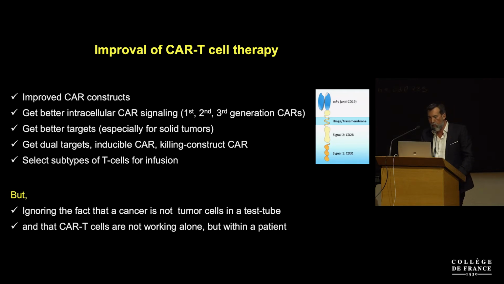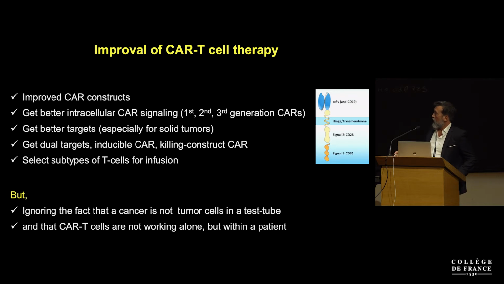Of course, improving the CAR constructs. One of them could be to get better intracellular CAR signaling, and this has been done through the different generations of CAR, the first, second, third generation of CARs, to get better targets, and this is particularly important for solid tumors, get dual targets, inducible CARs, killing CARs. There are many ways, and there are experts here in the room that will certainly talk about all of this. But all of this is only concentrating on the construct, on the way of killing tumor cells, and not considering